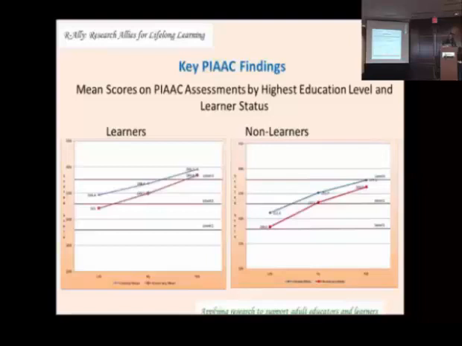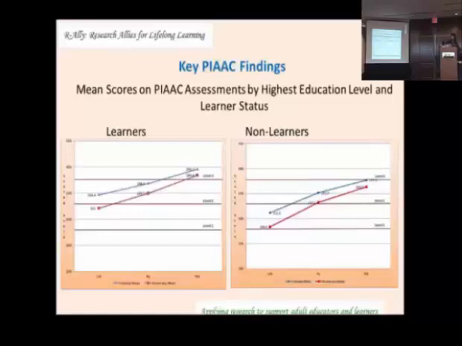Okay. We also took a look in this paper at skill levels. So we looked at literacy, numeracy, and problem solving. So the blue line that you see here represents literacy, and we've divided it into 2 graphics, learners and non-learners, and I tried to lay these side by side so that you could, even if you can't see the numbers from here, you can at least see the lines. And you can see that even at the less than high school level, it starts a little bit higher for the learners than it does for the non-learners.